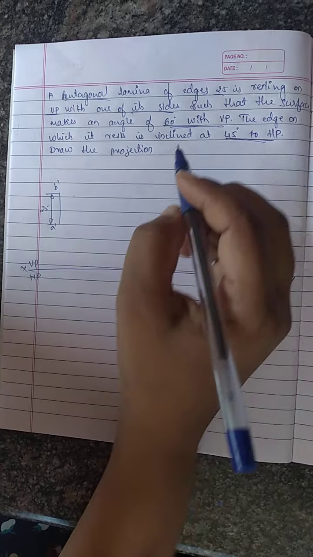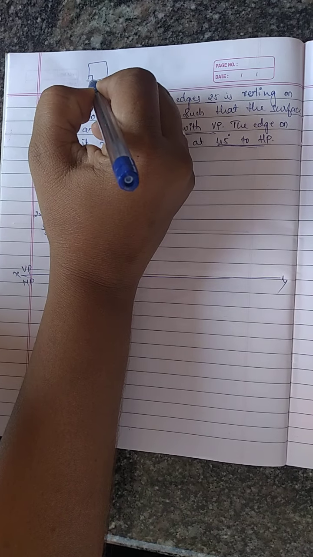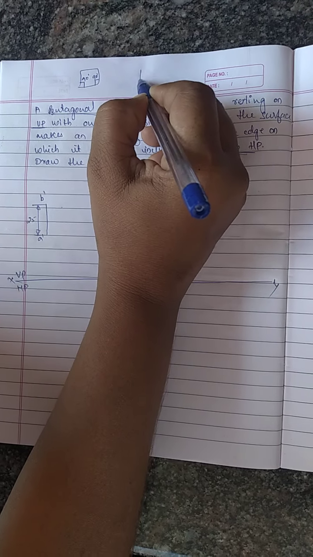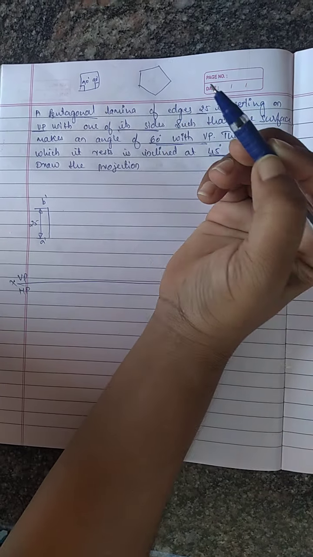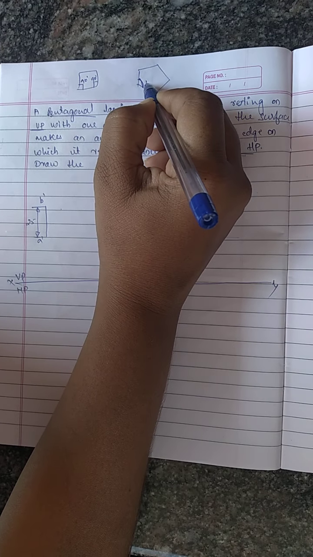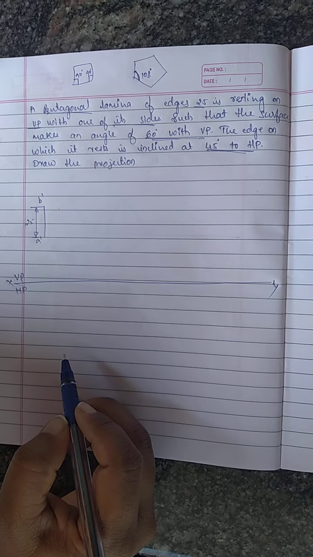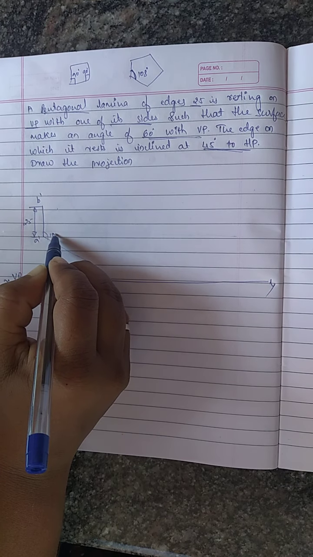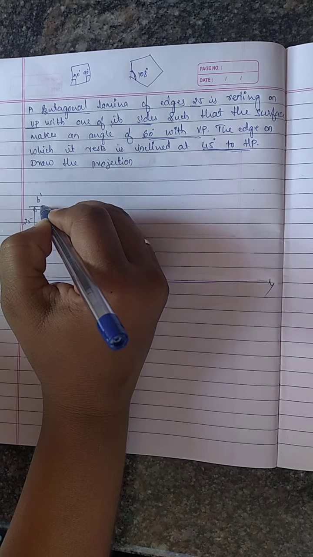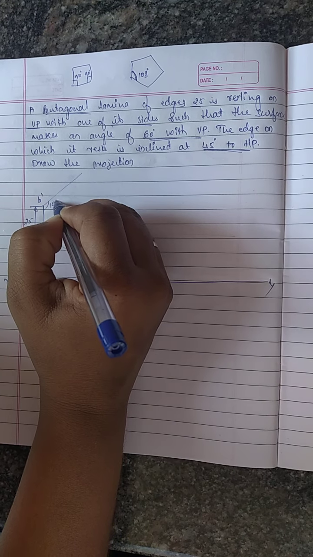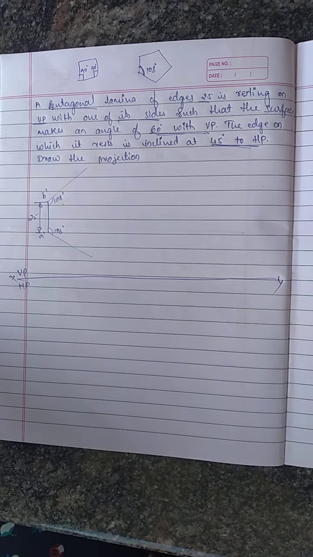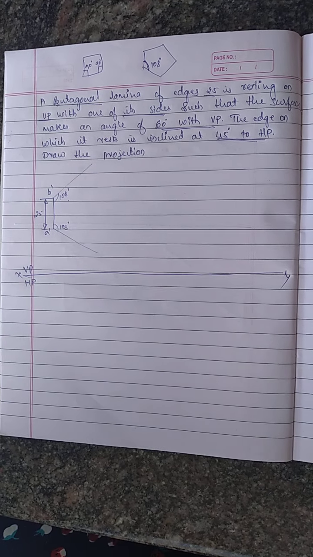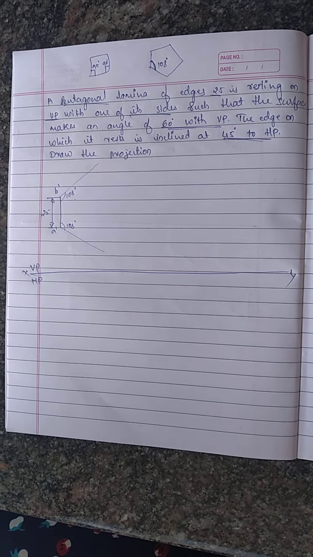Now the inner angle: for a square, the inner angle is equal to 90 degrees, right? In the same way, for a pentagon, which has 5 equal sides, each inner angle will be equal to 108 degrees. So from this end point, measure 108 degrees and draw the line. From this end point also, measure 108 degrees and draw the line. You have to get the side of the pentagon which is 25 mm. I have just drawn a line at 108 degrees.